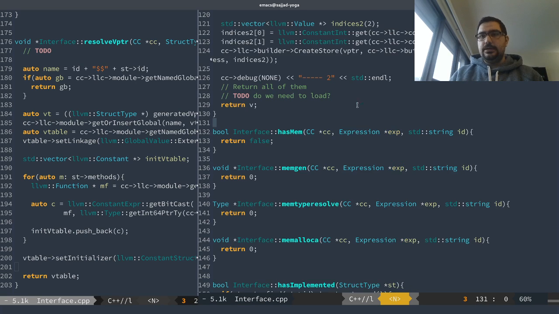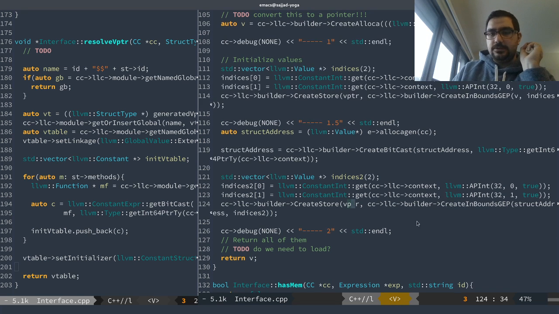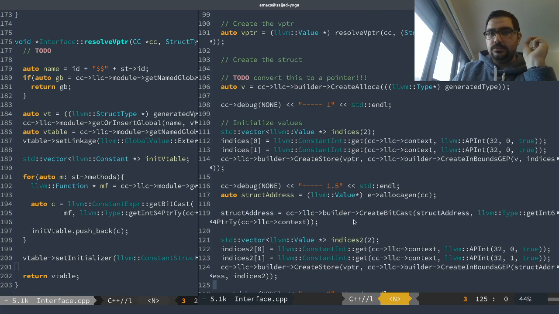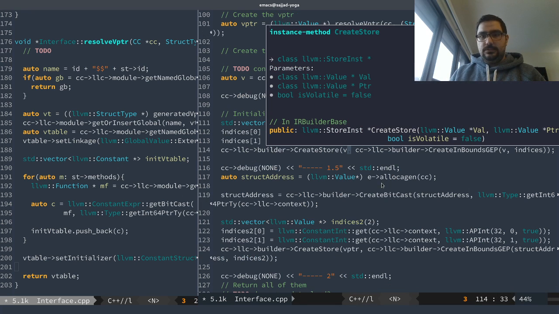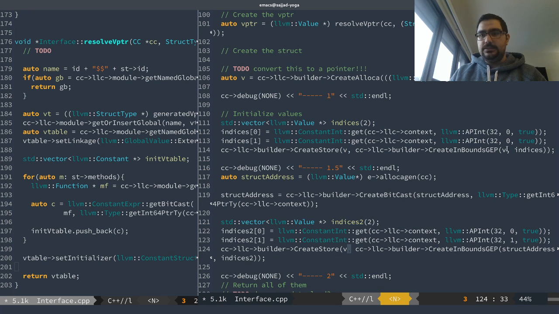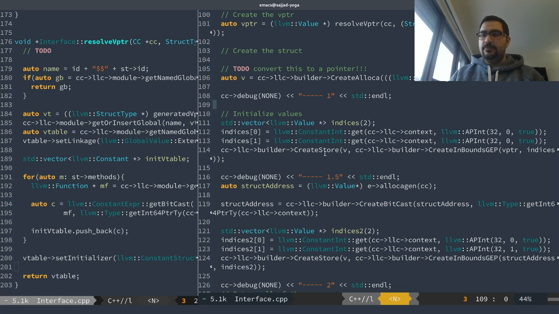So here, v pointer, the struct that we are working on, right? Exactly. So v pointer, right? So v pointer is actually, this should be v, not v pointer. That's what I'm trying to say. And this should be v as well, and this should be v pointer. We want to create the pointer to,